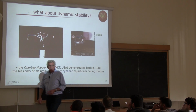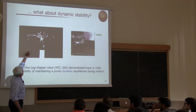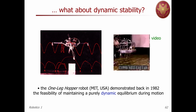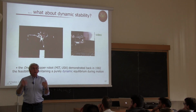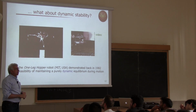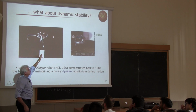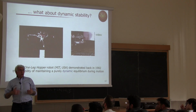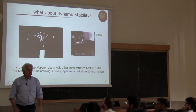This picture, this is not a video, it's a picture with a stroboscopic LED, you see. This is the evolution, actually starting from here, the evolution of the feet touching the ground and then jumping more to overcome this obstacle. Okay, so taking a position at the instant where the feet leaves the ground such that the landing part will be far away from the obstacle. And then going back, because this would tend the robot to fall, so recovering equilibrium by compensating and jumping back